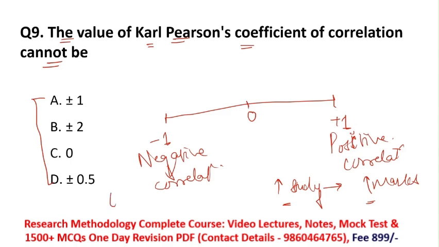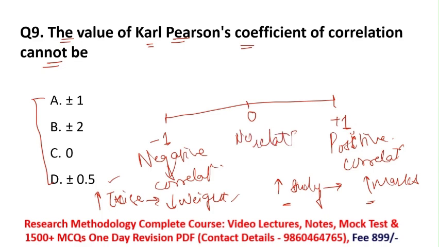Like you can say, if I am doing exercise daily, then what will happen to my weight? My weight will automatically start decreasing. So here, one variable is going in an upward direction and the second variable is going downward. Means what? In the opposite direction. That means they are perfectly negatively correlated. If the variables are moving in the same direction, the relation between these two variables is positively correlated. And 0 means there is no relation between the variables.